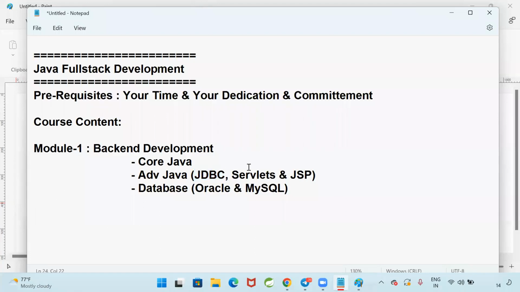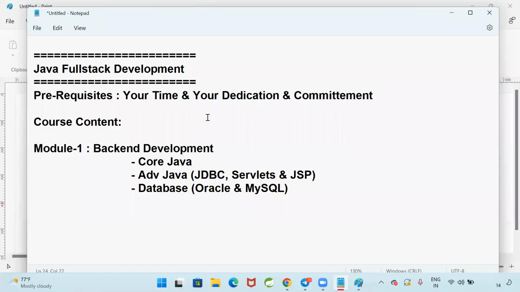Now, I am developing one program. I can run my program on my system. If I develop a program on my laptop, I can run it only on my laptop. How can you access my program? No. I need to make that application available on the internet. Yes or no?